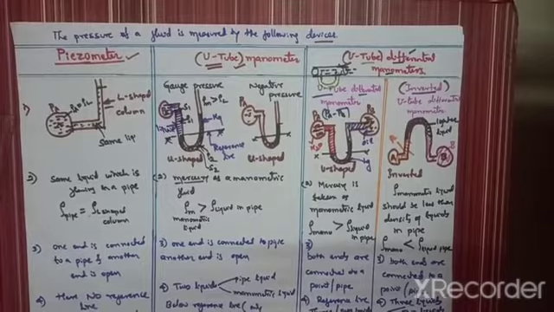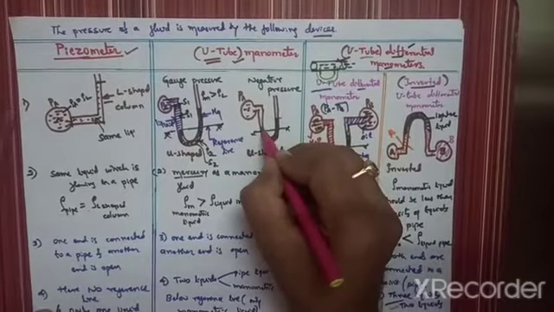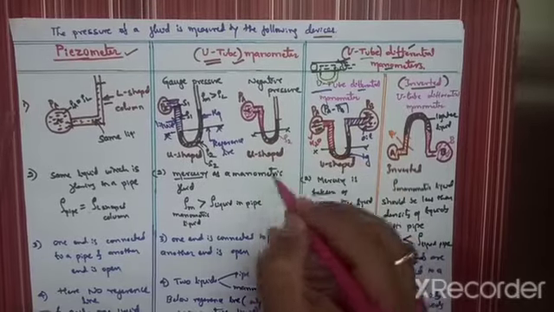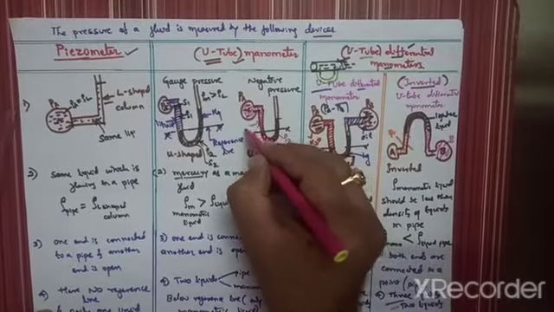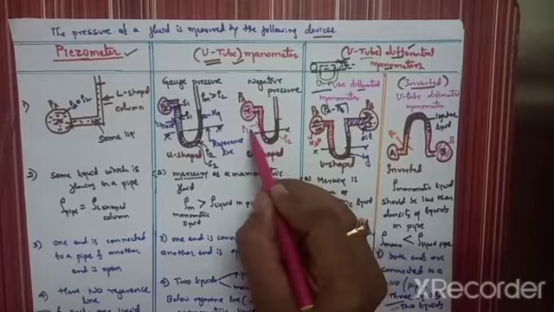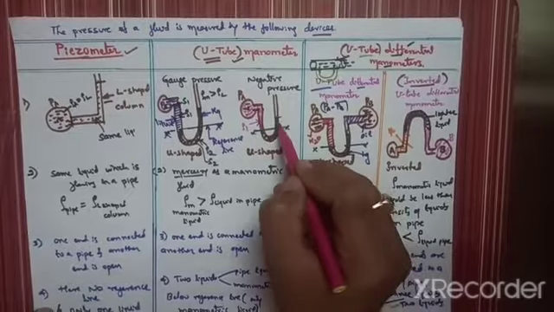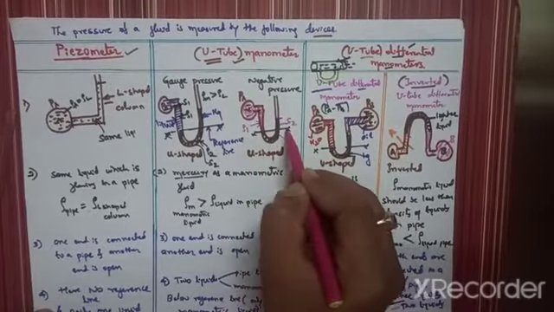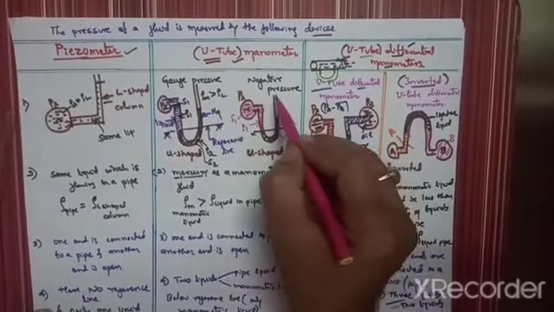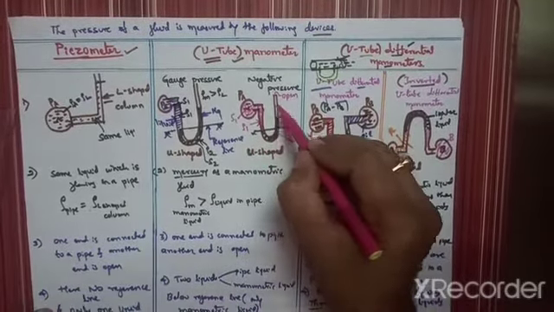Similarly, in other cases also, here is also the same. Here is some liquid in pipe A. Here is the density of the second liquid, that is the manometric fluid, and here the density of the liquid, that is rho 1. So you can change the notations as required. I have taken rho 1 as the density of the liquid flowing in the pipe, and rho 2 as the density of the manometric fluid. Similarly, the specific gravity of the manometric fluid is S2, and the specific gravity of the pipe liquid is S1. And here it is open to atmosphere, my dear students. It is open to atmosphere, so some amount of air will be there inside the column.